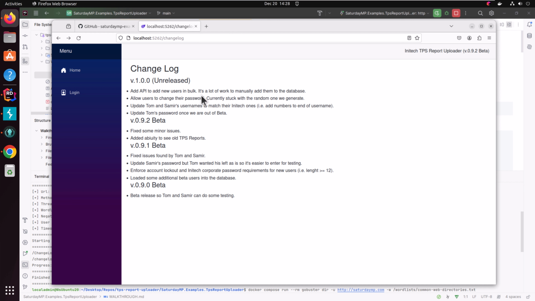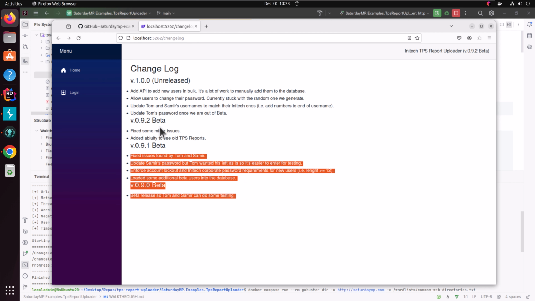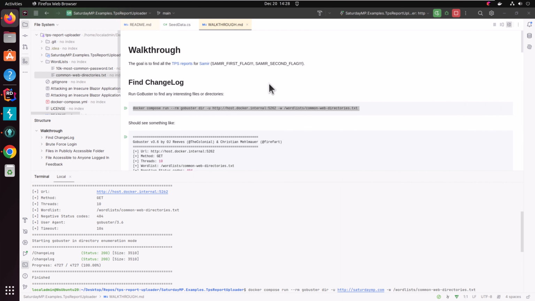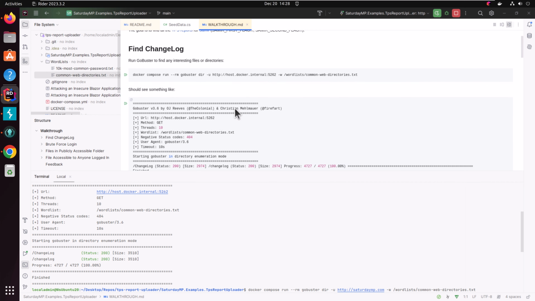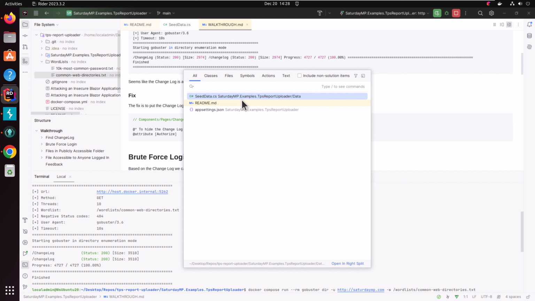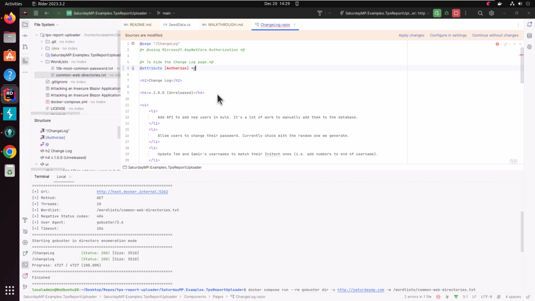So how would you fix this in Blazor? Basically, this changelog shouldn't be publicly accessible. It should be only available to logged in users. And so if we go look where to fix it, I even have the fixes inside this walkthrough. So if we go to this changelog.razor page, do this,